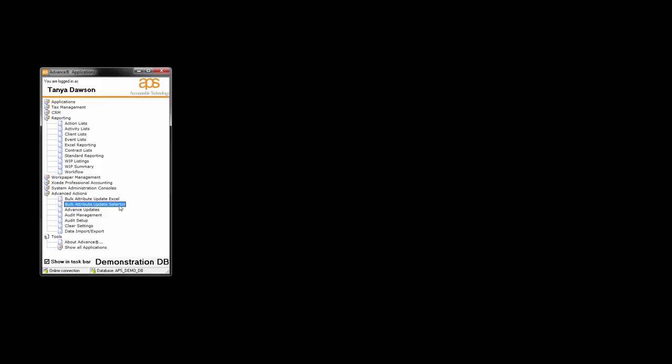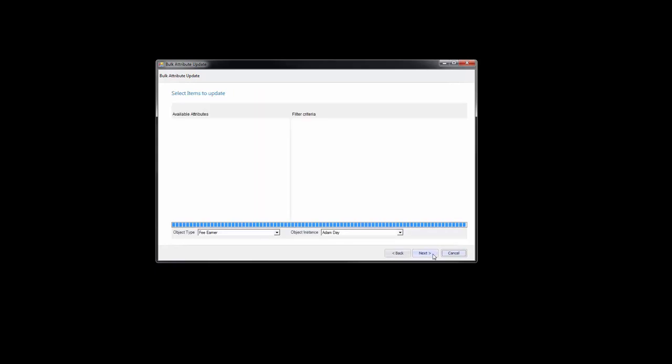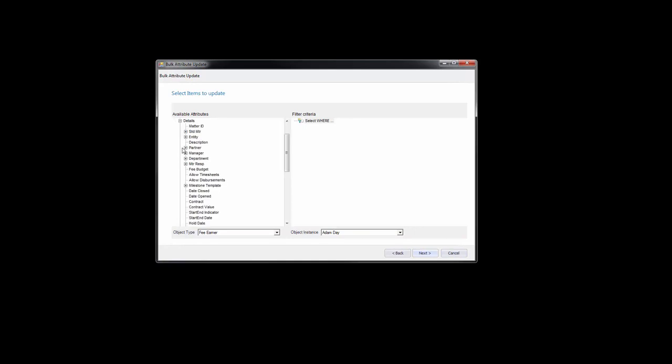We open the selector once it's been enabled from the Joe Admin Security from the Advanced Actions menu. You may choose what you'd like to search for. In this case we're looking for matters. You have the option to include closed matters or leave these off. The selector will now appear. In this scenario we want to change where the matter attributes